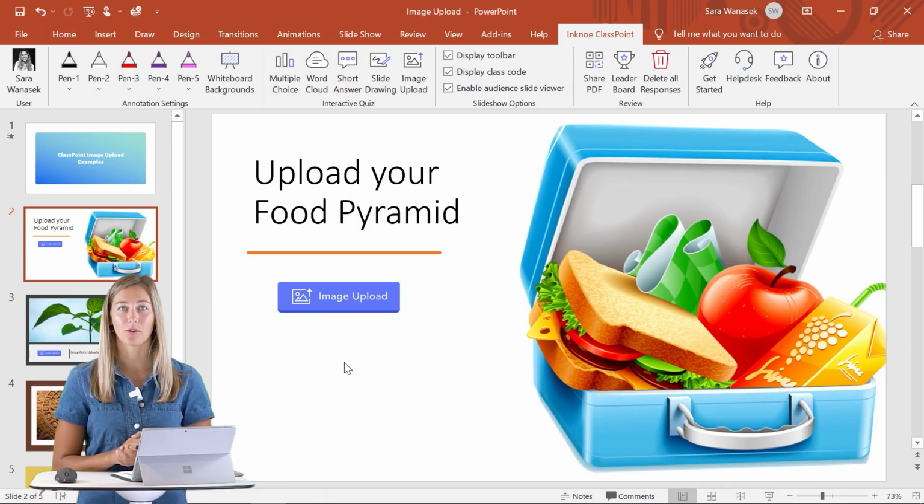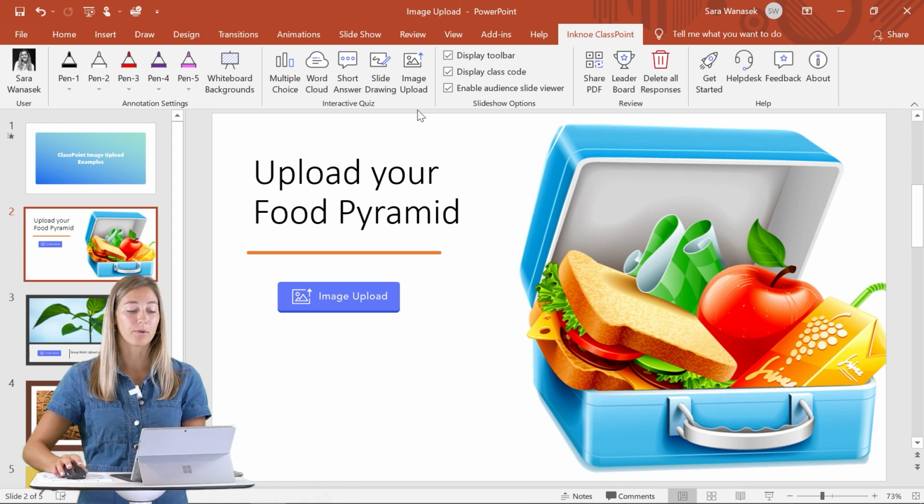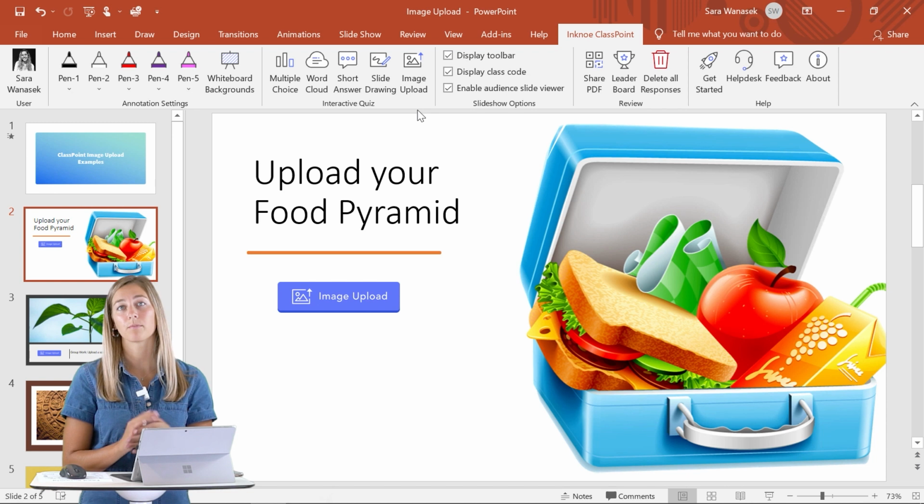One way to use image upload in your classroom is to have students submit a photo to show in-class participation. So there are a variety of different things that you can have students take a photo of to show their participation, but today's example is taking a photo of a physical worksheet here. So our example is on the food pyramid. We have been discussing health and different foods, and I gave students time to fill out their worksheet, and now I want them to upload a picture so that I know that they did their work.